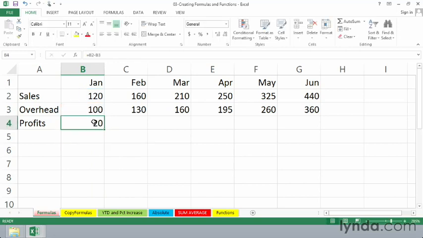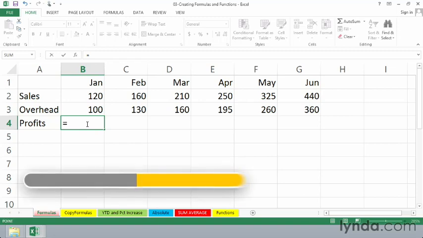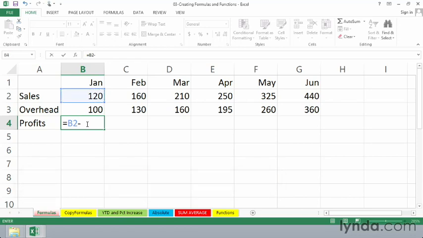The real content of this cell is not 20, it is the formula, and you'll see it up in the formula bar. If you want to see it a bit larger with a little bit of help, you can simply double-click here and not only see the formula, but also see a colored reference to the cells in question. Let me delete this. Another technique begins with the equal sign, but now we don't have to type addresses. We're going to use the arrow key twice to select this cell, then press minus, and the up arrow to this cell, and enter.